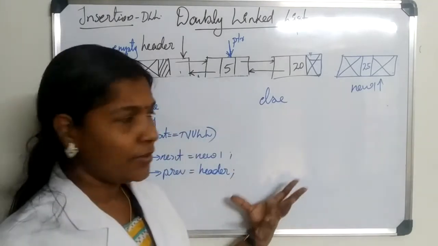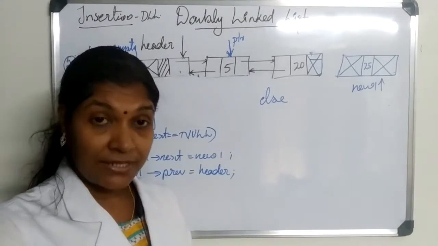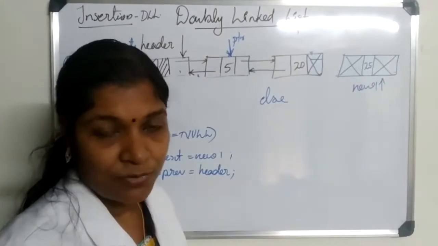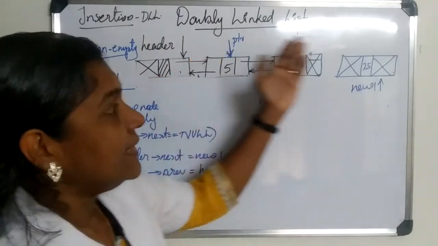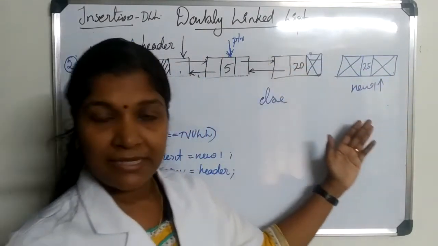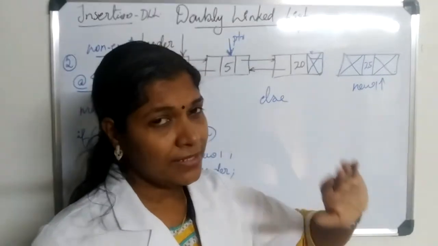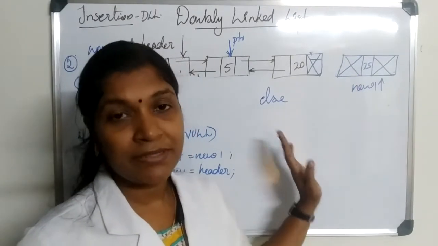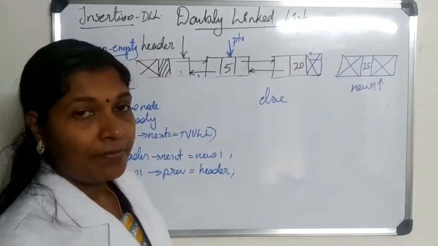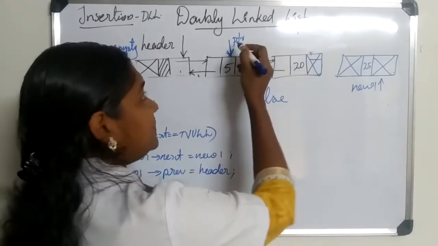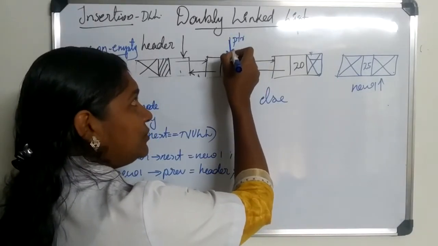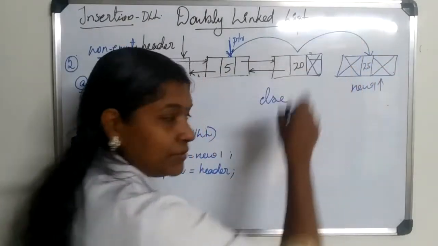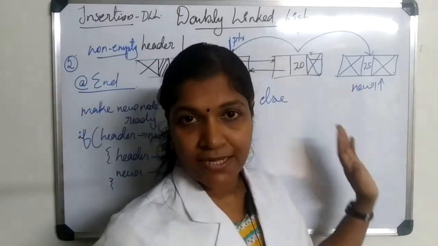So we'll just go through the code and diagram we discussed in the insertion at beginning case. Okay, so you refer to that diagram. Over and over again I'm not drawing that. So insert at end. So this is the non-empty case. This is the same as that of our single linked list except the management of an additional pointer, that is the previous pointer. So what was our operation in single linked list? First we will make a pointer PTR point to the first node. Then we will make it traverse till the last node. We know the method to stop our PTR on reaching the last node, right?